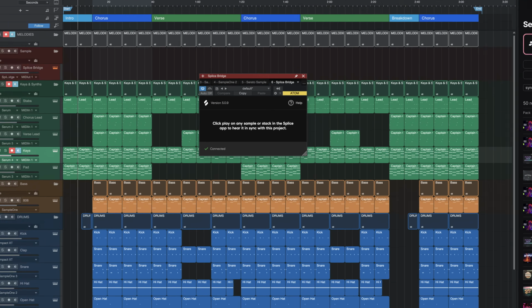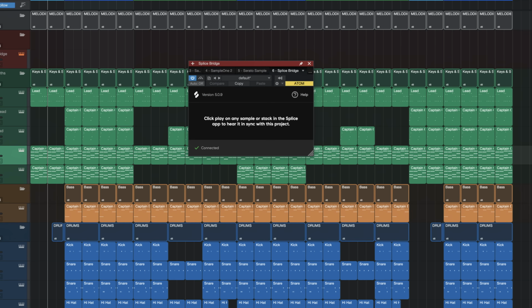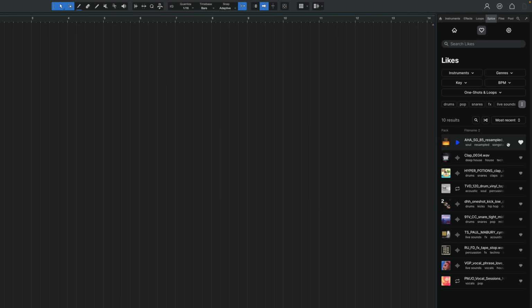Now, something really cool about using the Splice integration is that number one, you don't need the Splice bridge anymore. Now, if you're unfamiliar, the Splice bridge was a necessary plugin that you had to have in your session if you wanted any Splice samples to conform to your session's tempo. This is useful to make sure that the sound that you have or that you're looking for could fit into whatever arrangement you have. And so that was necessary, but with this integration,